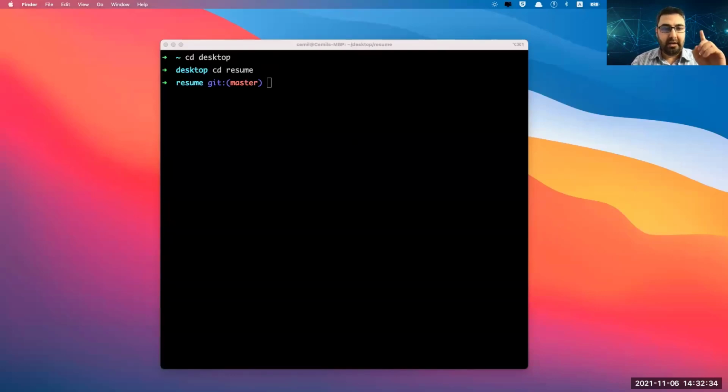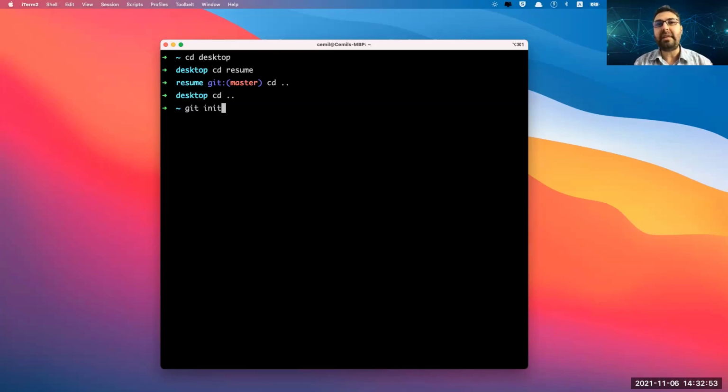Well, if you do have that in your home folder, which really shouldn't be the case, if you see that Git master in your home folder, this is what you have done. You ran git init here, not in the folder. That's a common mistake, don't worry, and we have a fix. In your home folder, that tilde says it's my home folder.